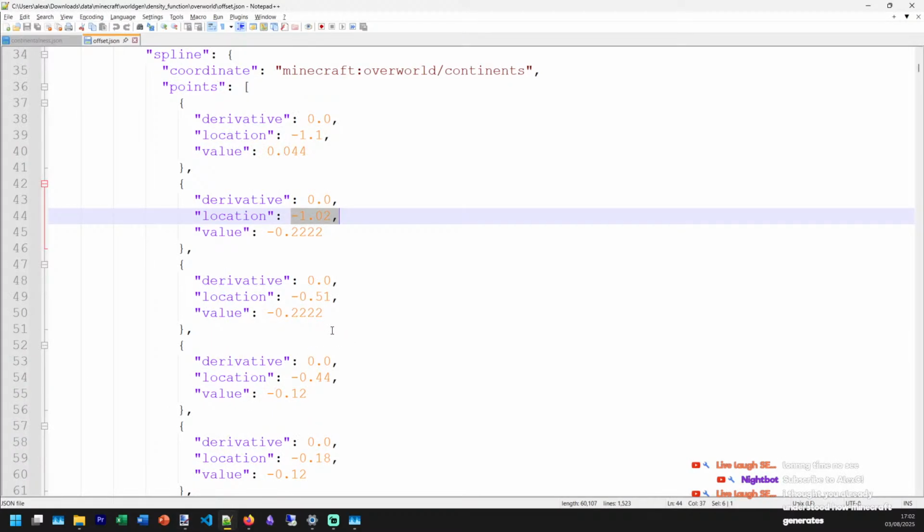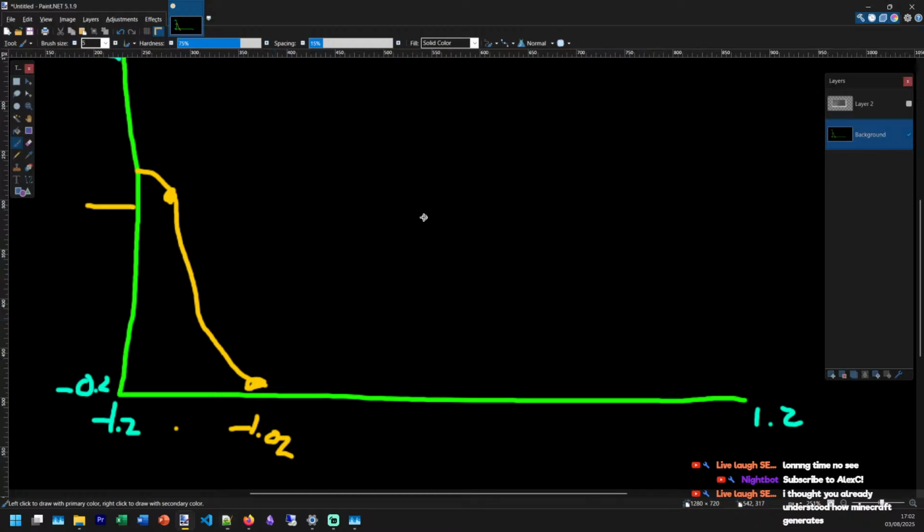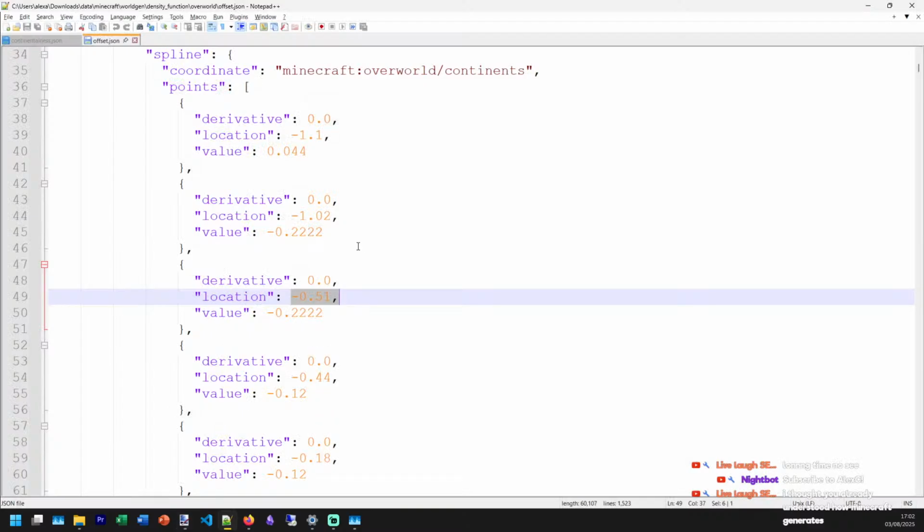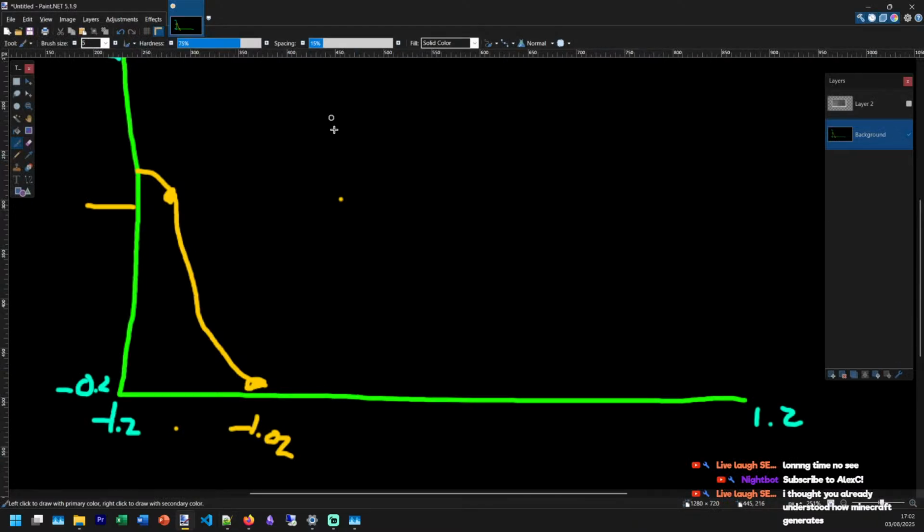Yeah, I don't do colours. The negative 0.51 is here. And that's negative 0.222 again, so that's down here actually. So we've got a kind of flat thing going on.